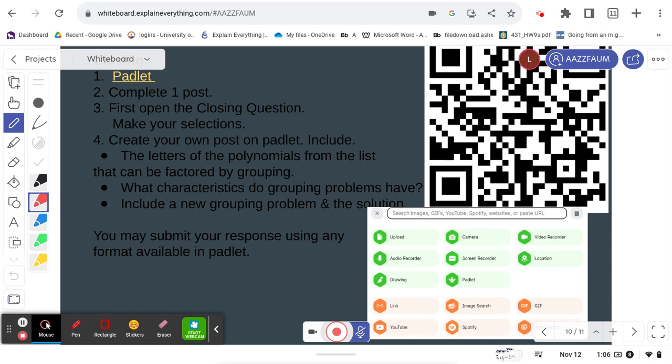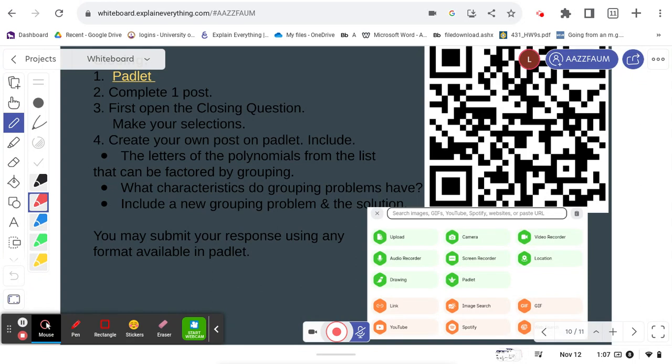In your own post, you are going to put the letters of the polynomials that answer the question that was posed. And then you're going to tell, in your own words, you can either write a complete sentence or a phrase. It's totally up to you. What characteristics do grouping problems have? And then you will include one new grouping problem and the solution. You can use any